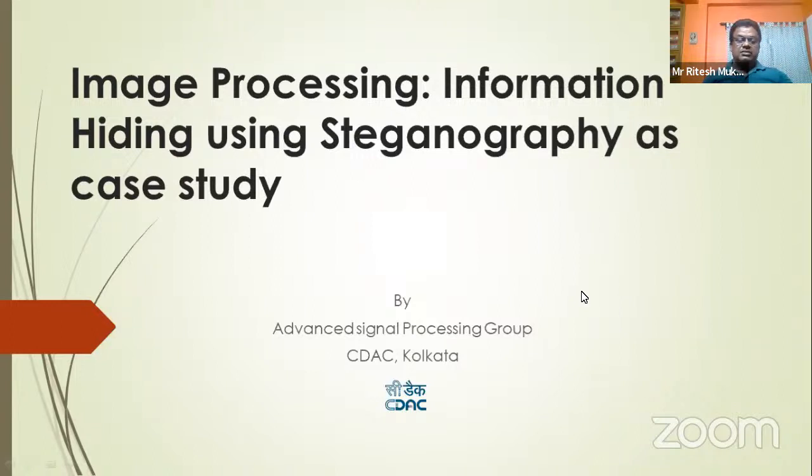In the Calcutta Center, we have 4 groups. Out of that, one of the groups is the Advanced Signal Processing Group. As I already told you, the total team strength of the Advanced Signal Processing Group is around 32. So our activity is confined within the periphery of advanced signal processing. It is related to signal processing only. So in the very beginning, I will start with